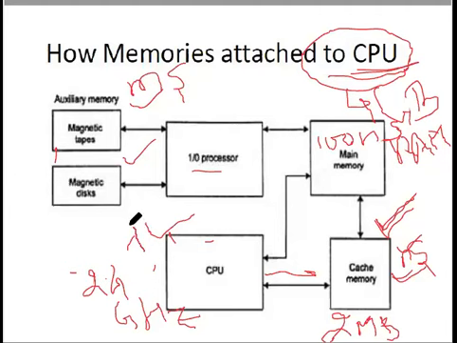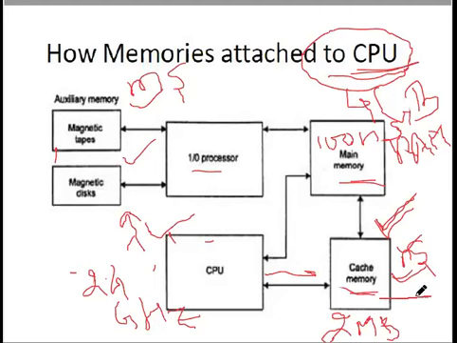Suppose the CPU orders a particular instruction to be found in the secondary storage. The instruction given by the CPU is very fast and it has to operate fast. But the access time for this secondary storage is very slow because this is a sequential kind of memory. So there is also a classification on the basis of the access categories of the memory. The secondary storage are sequential accessing memories, whereas this cache memory is regarded as a type of RAM.